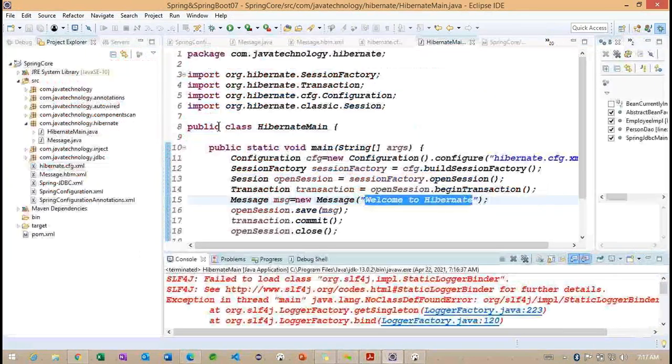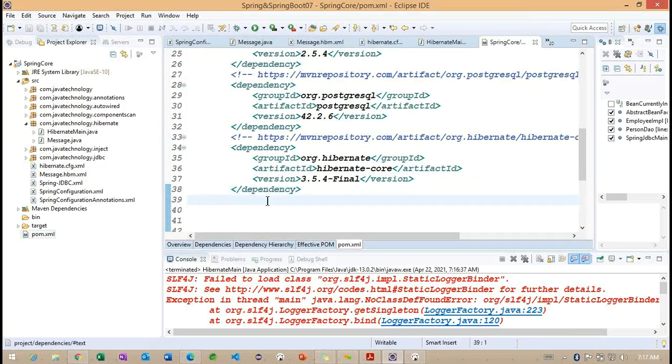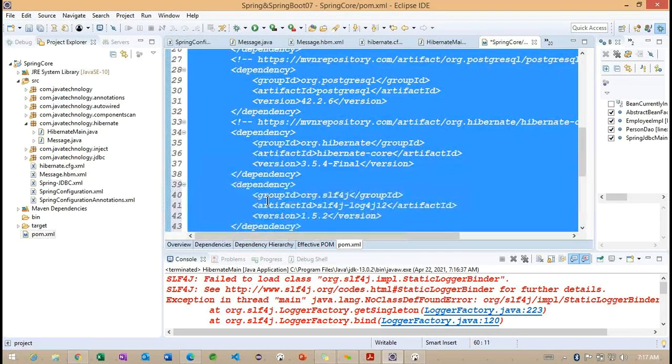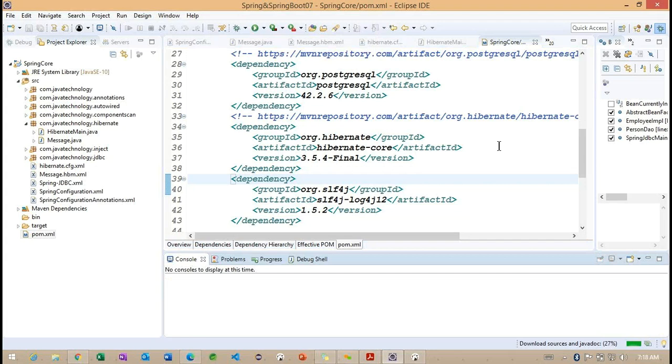So as I explained here, Hibernate is expecting log4j. Why is it expecting this particular log4j? Whenever we are working with show_sql or trying to find out any internal file of Hibernate, Hibernate expects log4j, because log4j is one of the logging frameworks here. Getting the point? We'll have an understanding of log4j and SLF4J as we go.